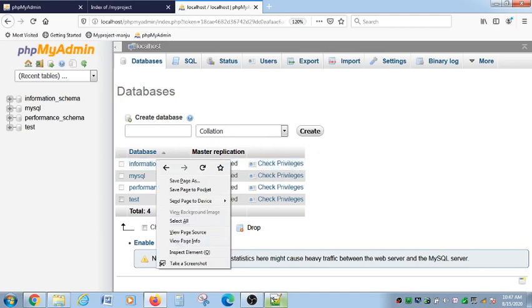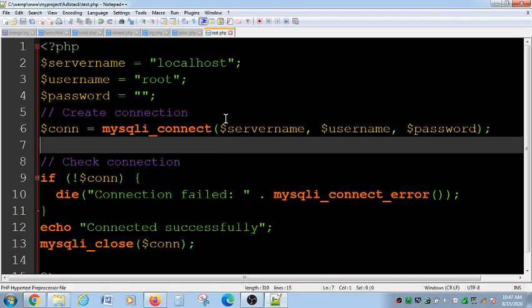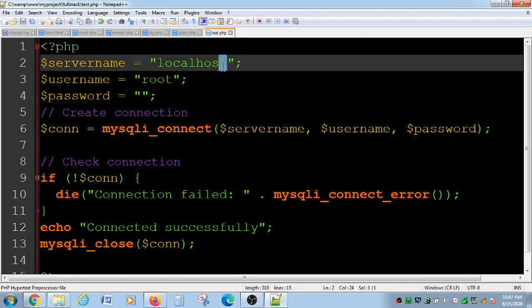But when you are connecting your PHP to MySQL, you have to instruct PHP which server you are going to use, whether you are using a localhost server or some other remote server, where you can give any domain or IP address. Since in our project we are using only localhost, we are giving localhost as the server name.